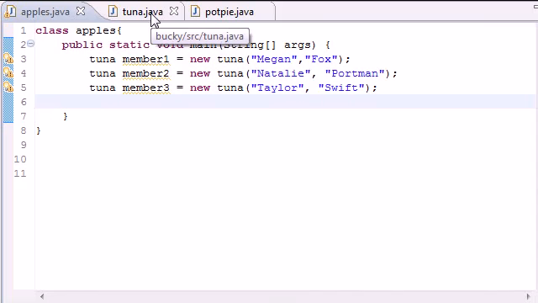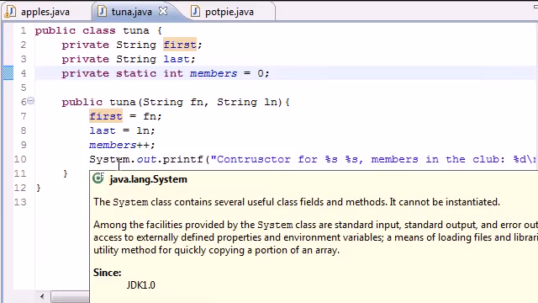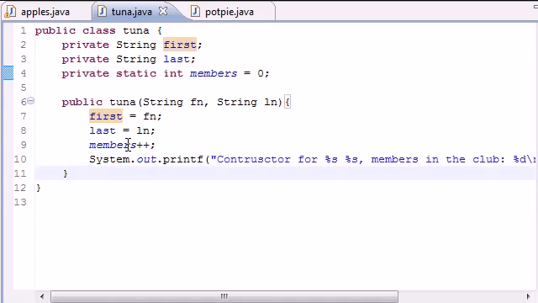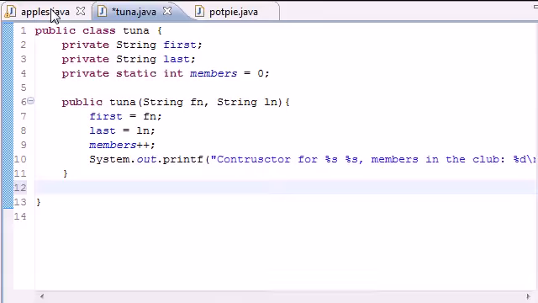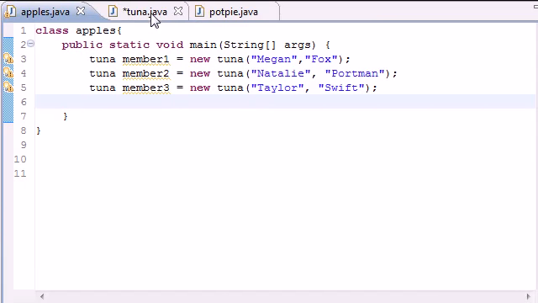What's up guys, welcome to your 47th Java tutorial, and in this tutorial I'm going to be finishing up talking about static members, and also I'm going to be showing you a nice little trick that you can use when accessing static members. So go ahead and in your tune class,